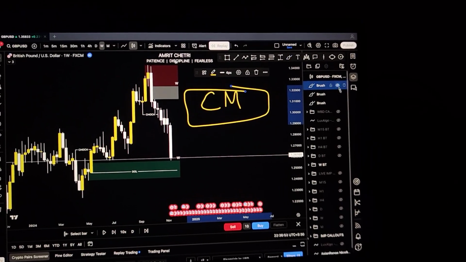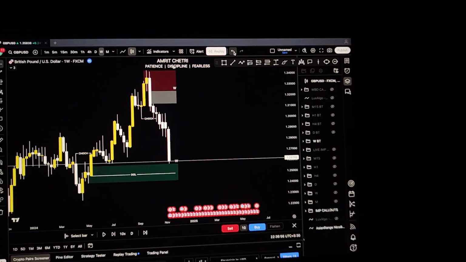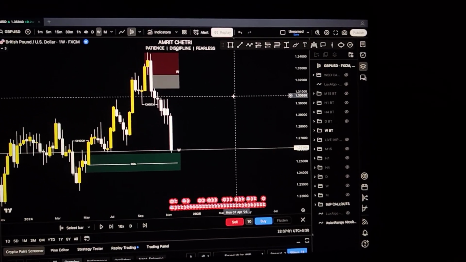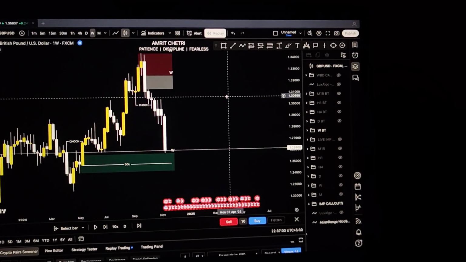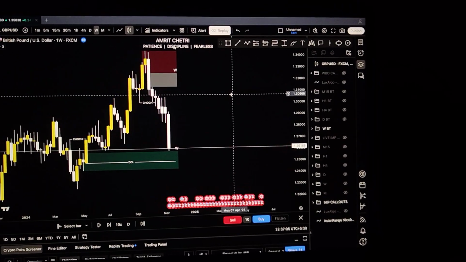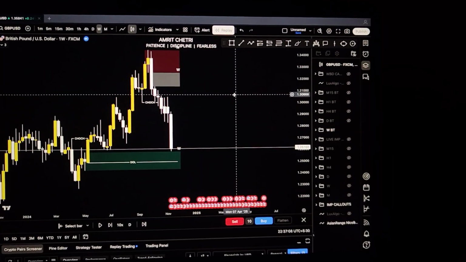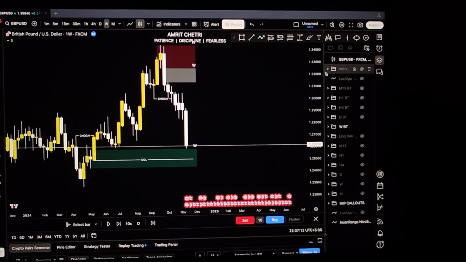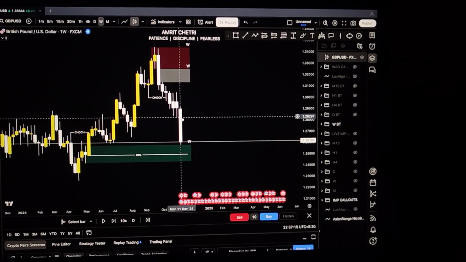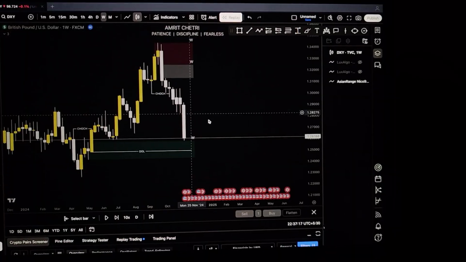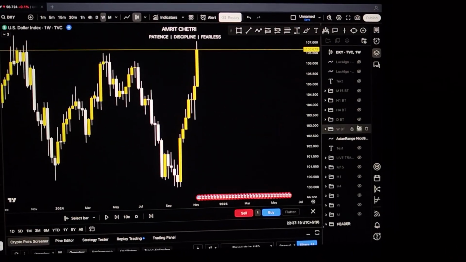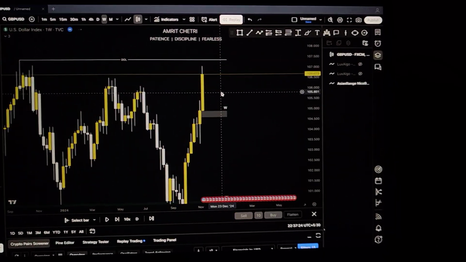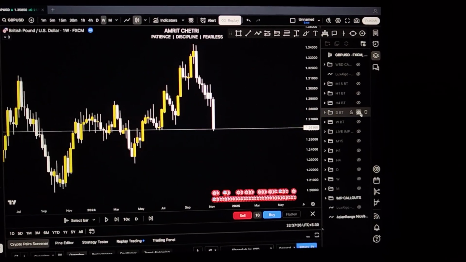You have to adapt to an entry model, which is the MAC model, which I have learned from Rob Dono, and I will adapt that entry model according to my Asian range and according to my volume of the previous day's candles, right? If it makes sense to take a continuation model, I will take a continuation model using the MAC model. So on the weekly time frame, I draw the supply demand fair value gap, you guys know it. So next week my bias is bearish on GBP USD, which would be bullish on DXY. On DXY my bias was bullish going into the next week. So that is what we watch on the weekly time frame.